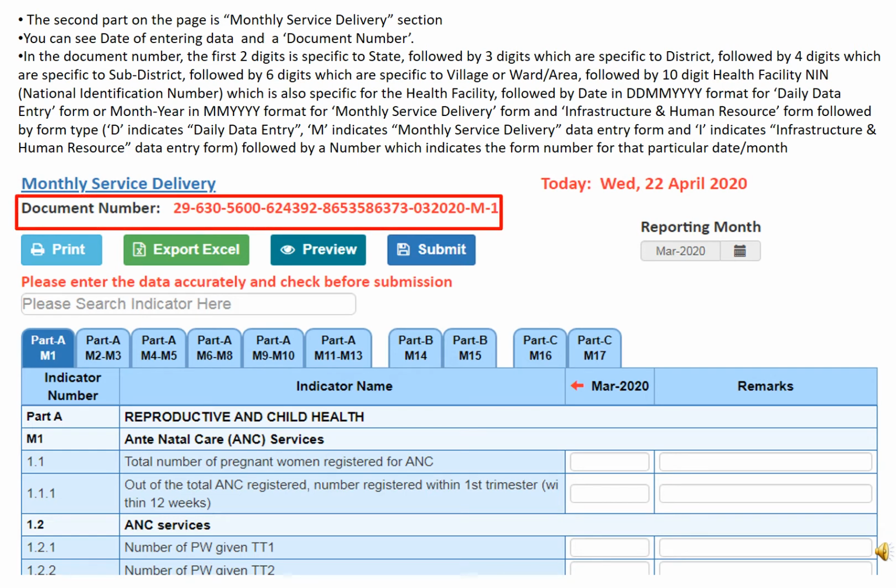In the document number, the first two digits is specific to state, followed by 3 digits which are specific to district, followed by 4 digits which are specific to sub-district, followed by 6 digits which are specific to village or ward or area, followed by 10-digit health facility NIN, which is National Identification Number. This is also specific for the health facility,